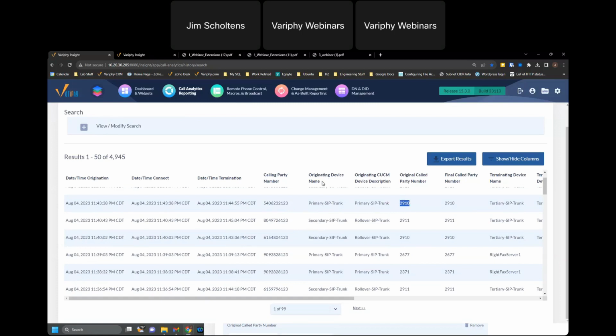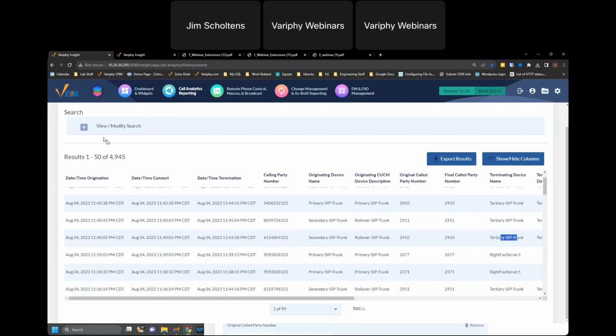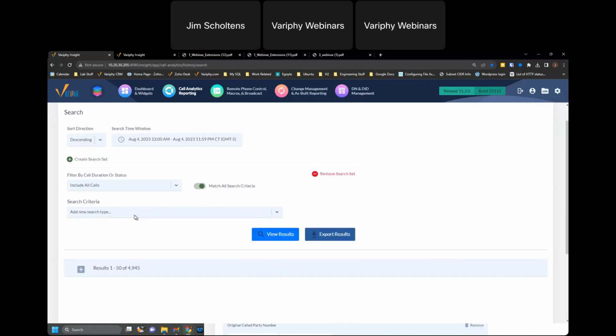I could also focus on the originating device name. So originating device name starts with primary or secondary. I've got SIP trunk, but I've also got some other SIP trunks here, so I really don't want to use that. So I'm going to focus on primary or secondary. I go back to my view modify search, remove this guy,